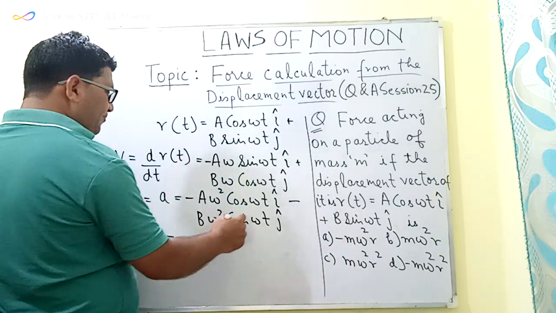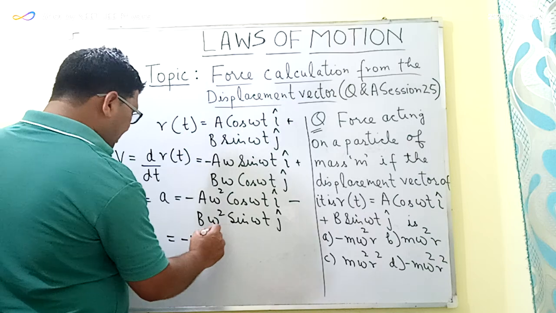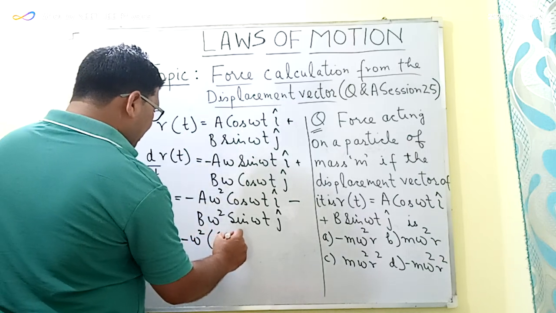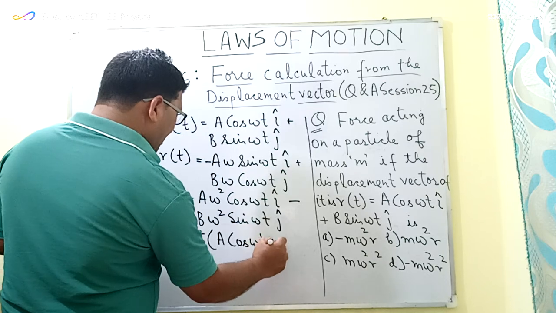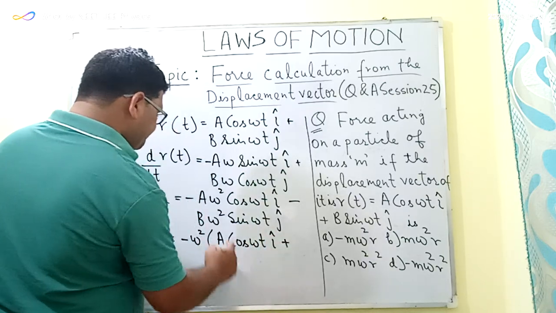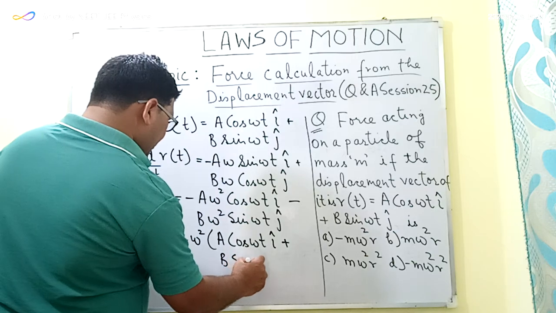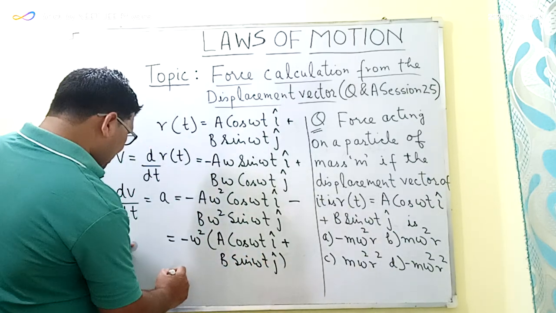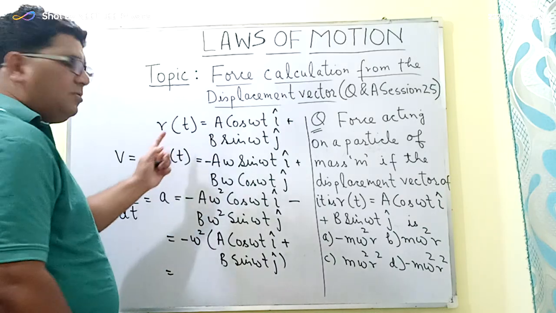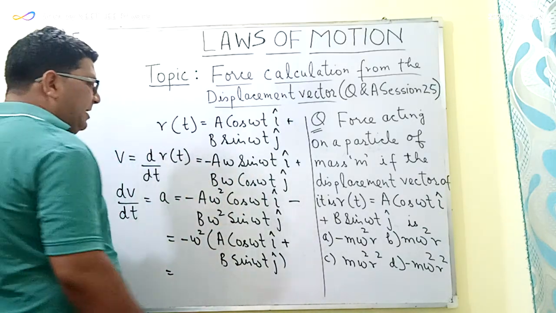Here I can take minus omega square as common, and I will get in bracket a cos omega t i cap plus b sin omega t j cap,